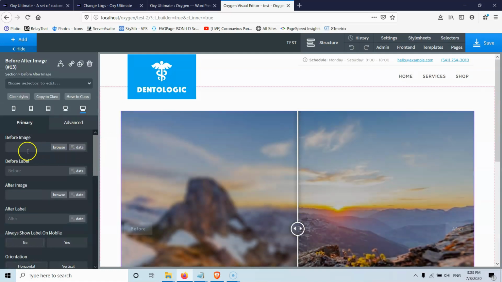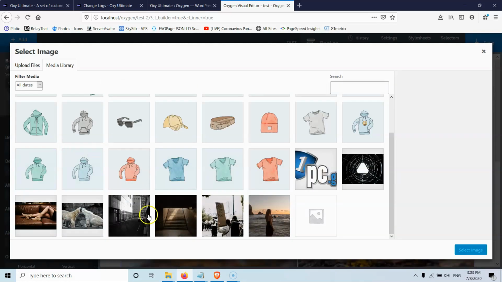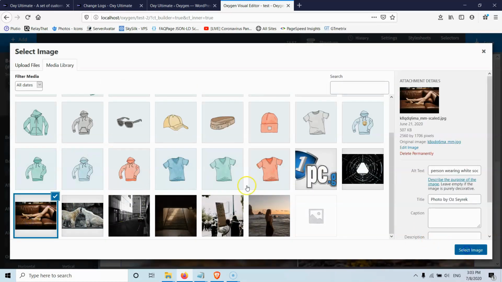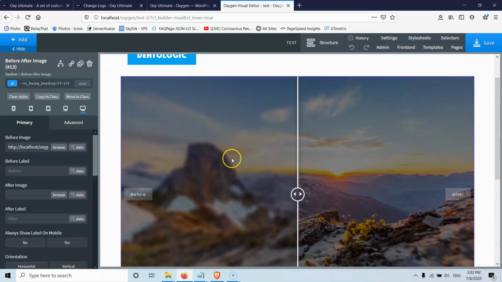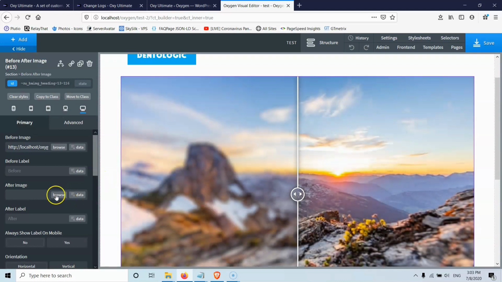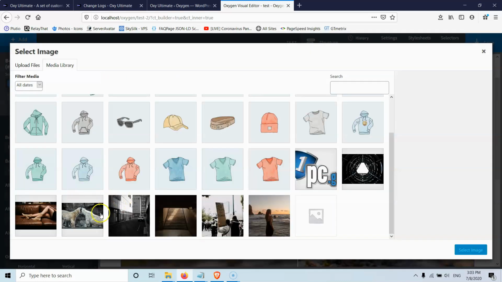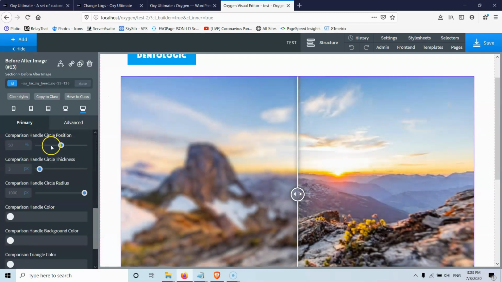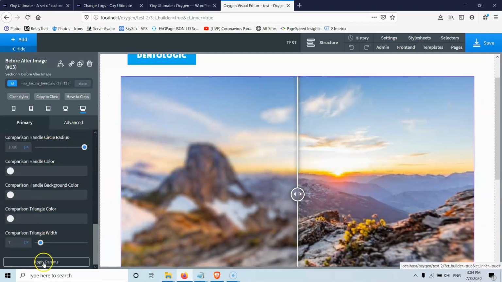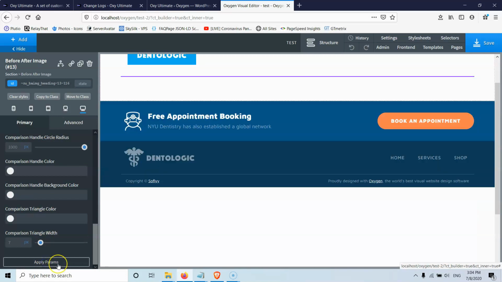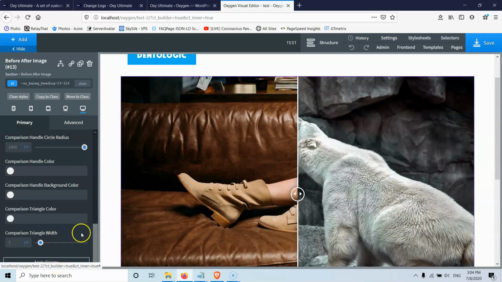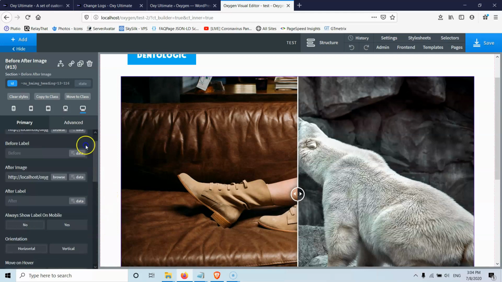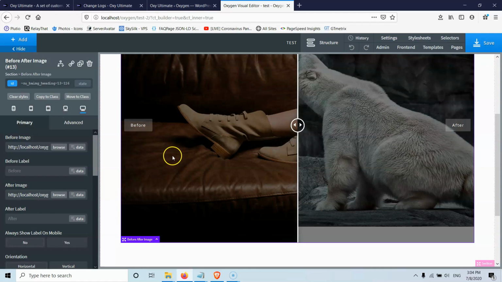And after that, we can go and select the before image, something like that. And this was the thing that you saw in the front end before. And we can go for the after image and hit here, select that. Of course, you will not see anything here unless you go and click apply parameters here. And I think this is because it's using the Oxygen API, so it's not a fault of the plugin. This is how Oxygen works.